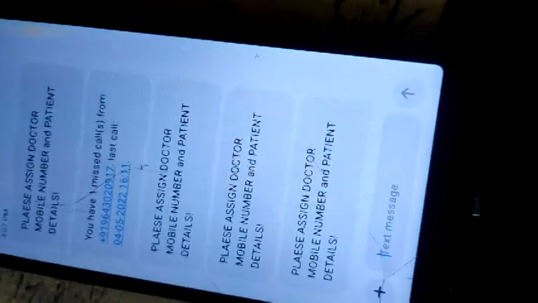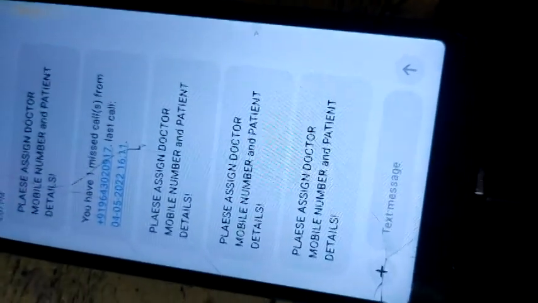Right now we have set both admin and doctor as a single mobile number. Initially we will get one pop-up message on the admin mobile number, and we have already saved the admin mobile number and doctor mobile number as this single mobile number.